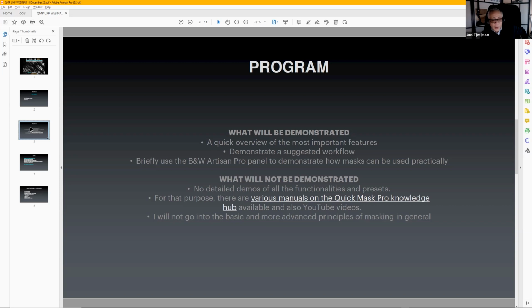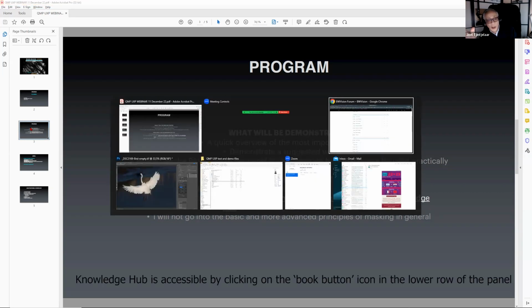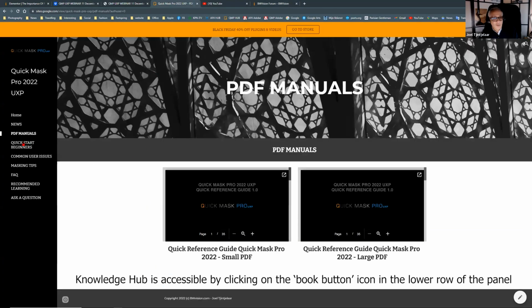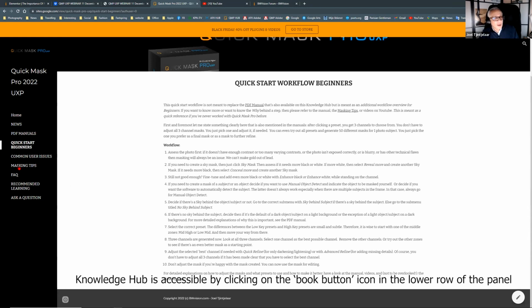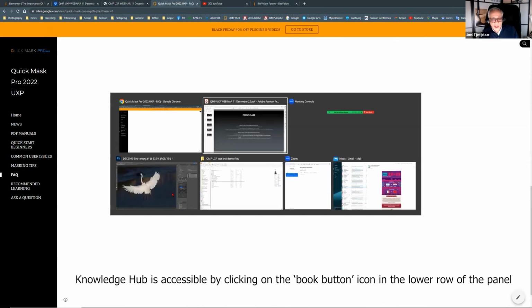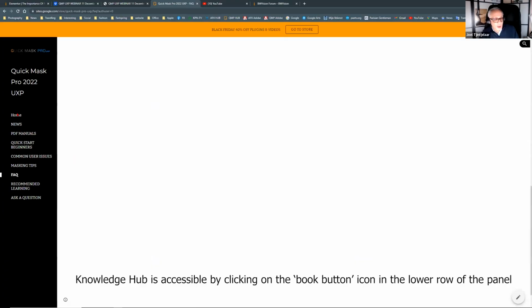What I'm not going to be demonstrating today are very detailed demos of all the functionalities of presets, because there are way too many of those, and there's not enough time for that. Besides that, there is a Knowledge Hub that you can find here, with all the information, with the PDF manuals, with the quick start for beginners, masking tips, FAQs, and whatnot. Because there's a lot of information already available,